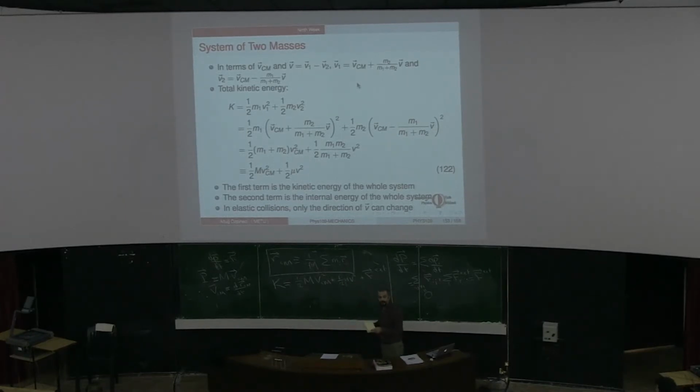Now, if you go back to our example of the Earth and the dropped stone, we know that as the stone is dropping down, its kinetic energy is increasing, but what is increasing is its internal energy. Internal energy of the Earth plus the stone system is increasing. The center of mass kinetic energy is not increasing. The center of mass kinetic energy is constant